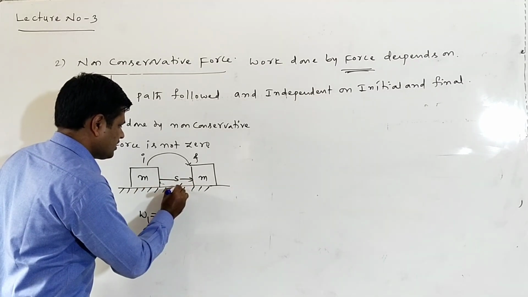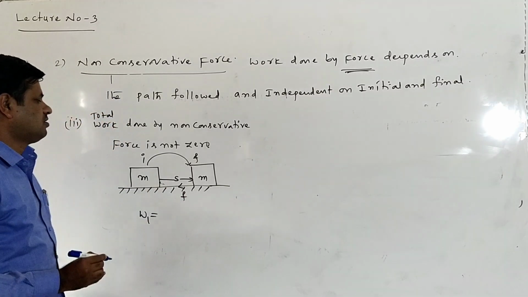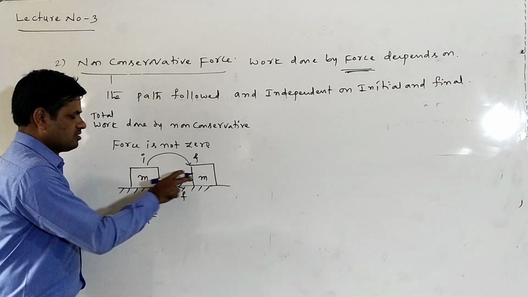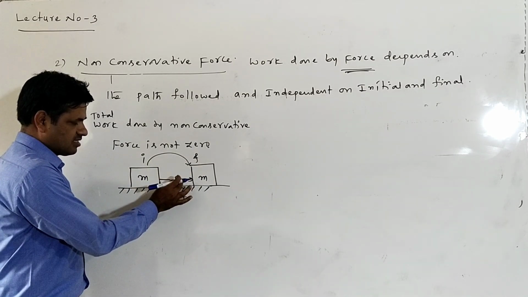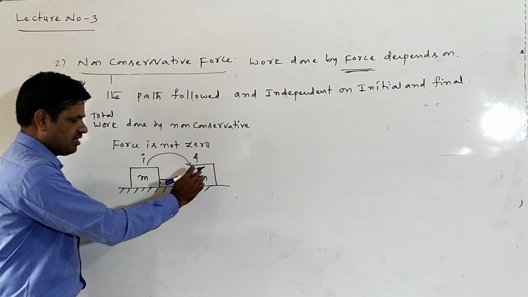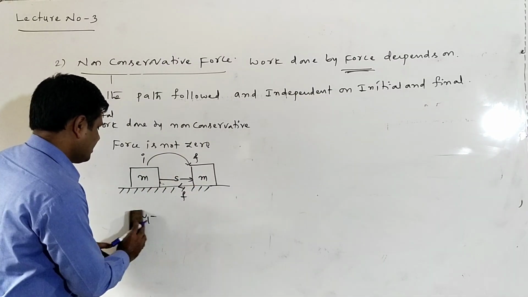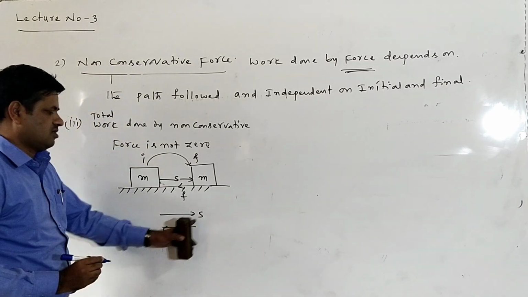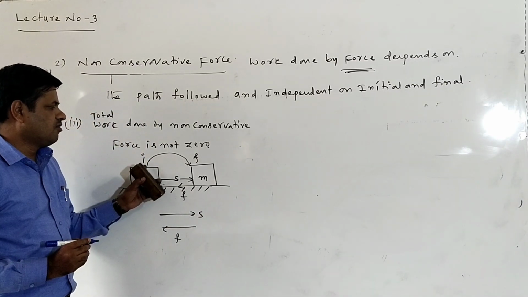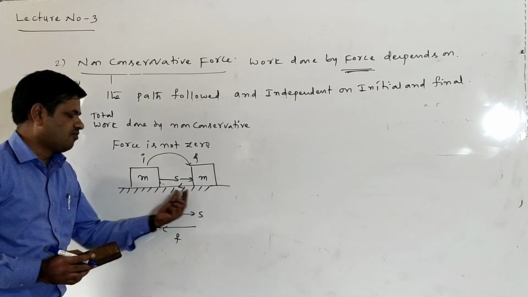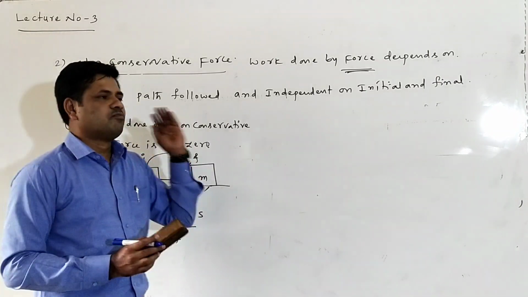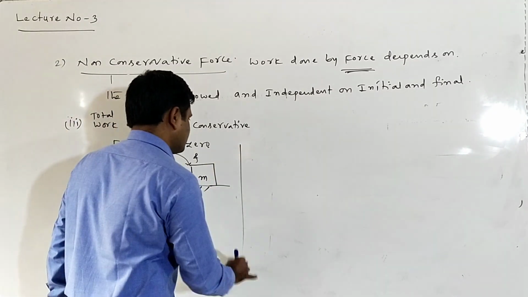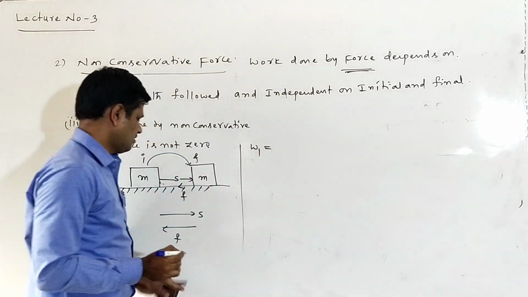The frictional force always acts opposite to the direction of motion of the body. The body moves from initial to final through a certain displacement S in this direction, while the frictional force is in the opposite direction. Here the frictional force is always acting opposite to the motion of the body. In this case, the work done by the frictional force can be written as